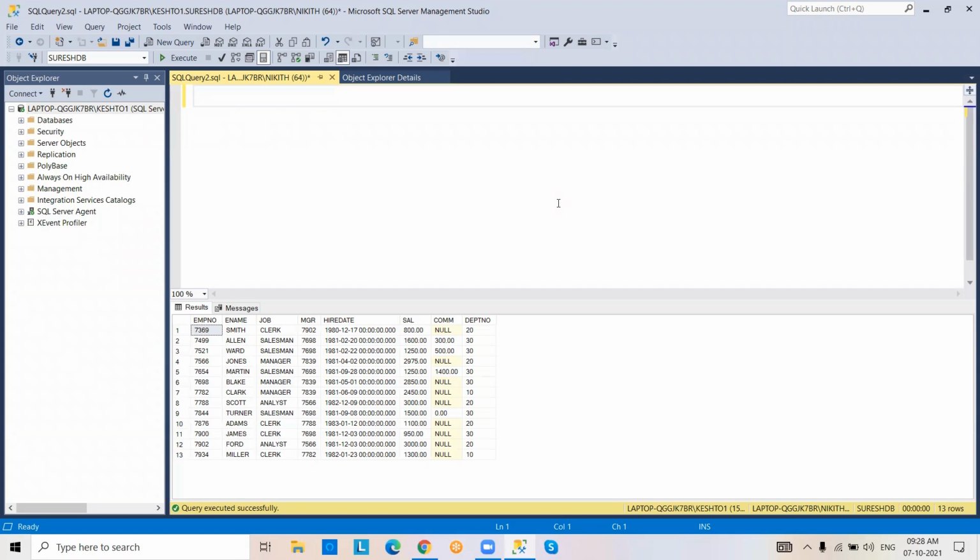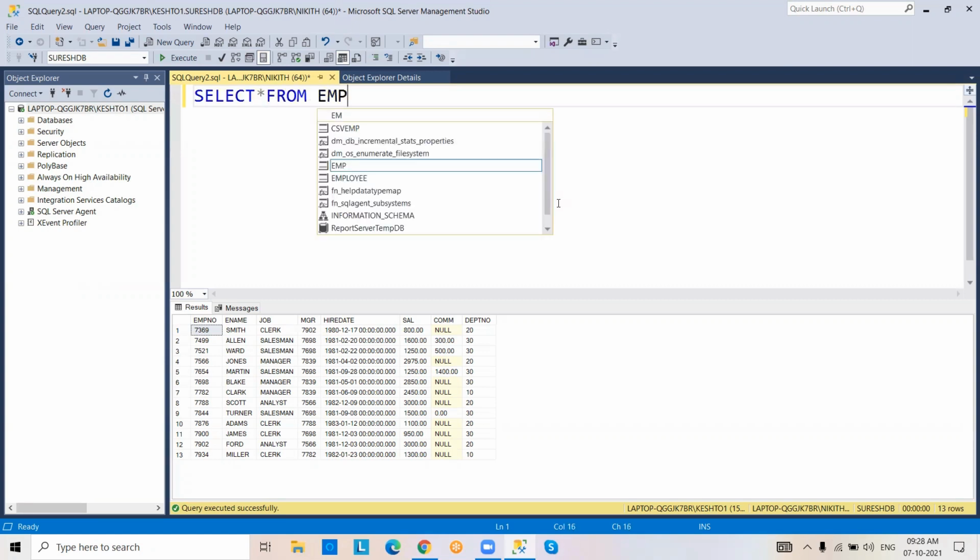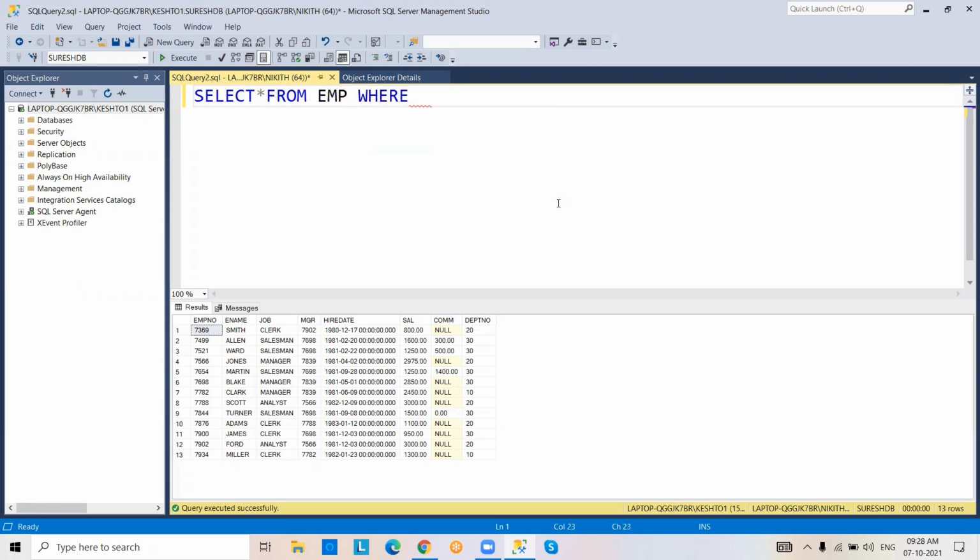We are going to use them when we are working with multiple conditions in the query. Suppose select star from emp where department number equal to 10 and salary greater than 3,000. So different conditions I'm using with AND operator.